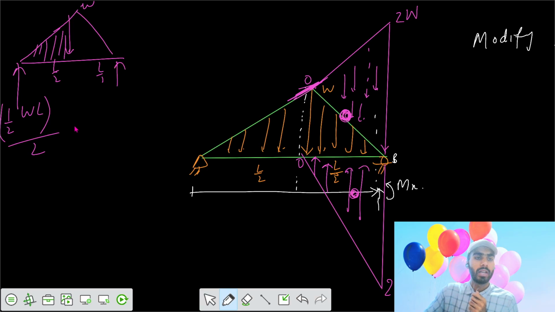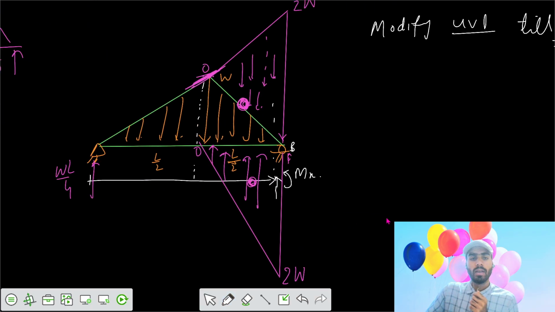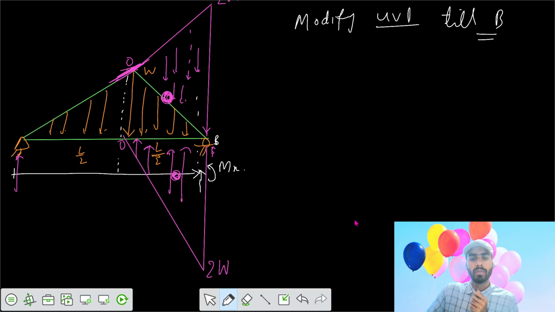So finally you get the reaction equals WL by 4. Here the reaction was WL by 4, and the reaction here was WL by 4. So when you cut the section at X, we can write the moment equation: WL by 4 into X, and it was clockwise, and after that you had anti-clockwise, that 1 by 2. Say when you cut the section at any X